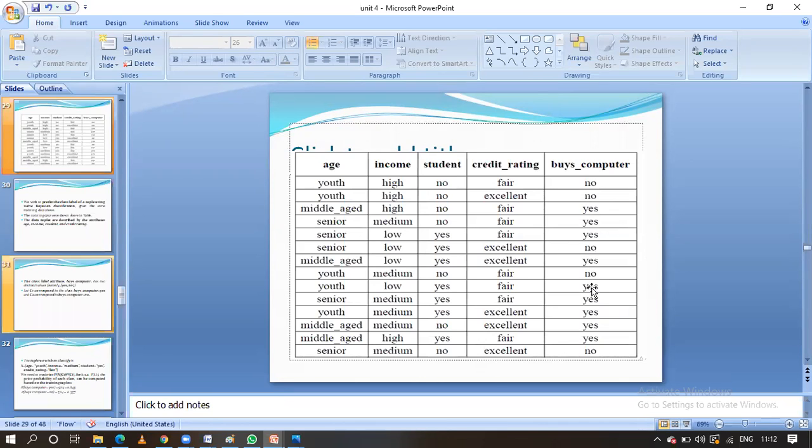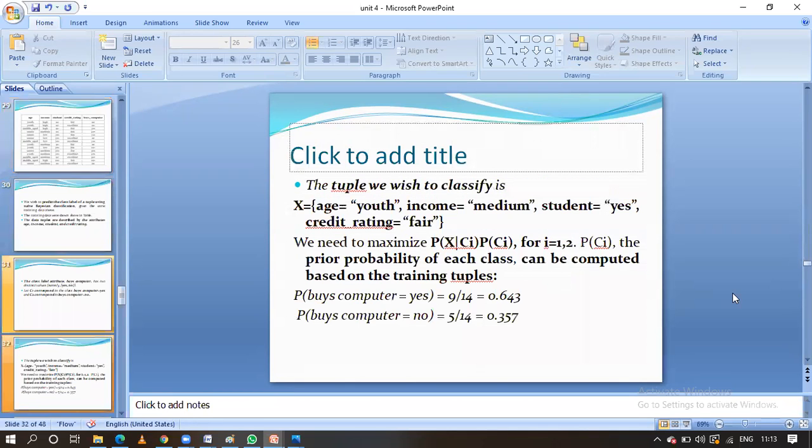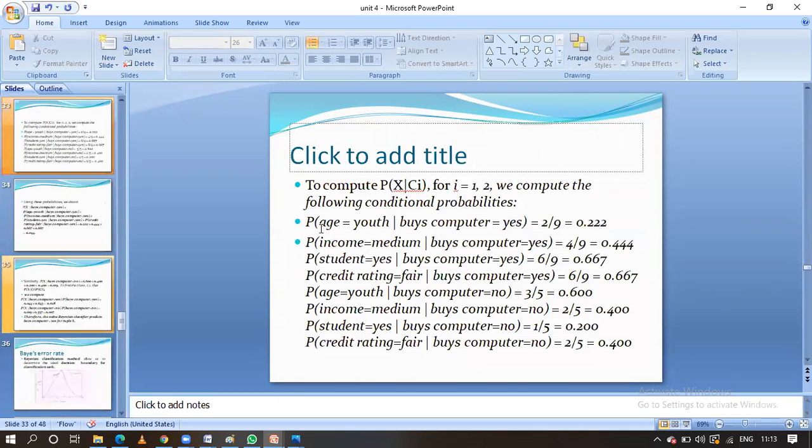And this one here, guys. Okay, yes ఉన్నప్పుడు youth ఉంది అంటే one time. Again ఇక్కడ ఉంది చూడండి, yes ఉన్నప్పుడు youth ఉంది. How many times the youth is there? 2 times, guys. Out of 9, how many yes's are there? 3, 4, 5, 6, 7, 8, 9 yes's are there. And that means 2 by 9 is the posterior probability related to age equal to youth given buys computer equal to yes, guys.